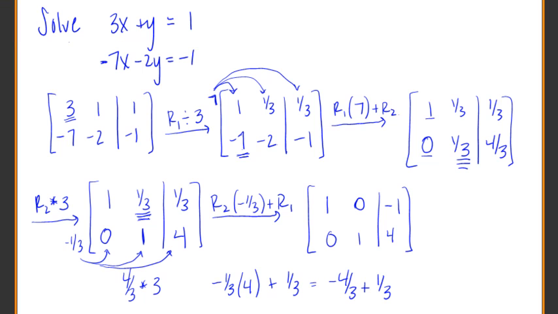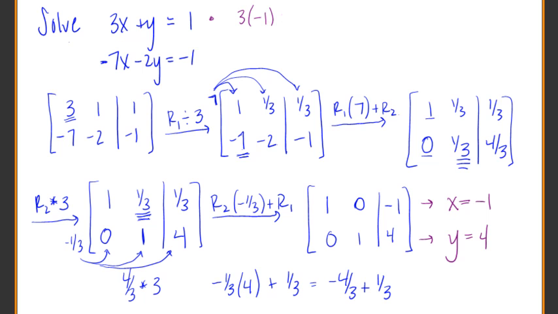And once we finish right there, we have our answer, because that first row is telling me that x equals negative 1. The second row is telling me that y equals 4. And let's go back and check. Let's make sure we get this answer right. Let's go back to our original equations up here. Let's see, 3 times